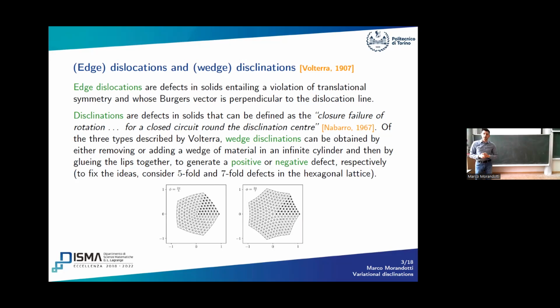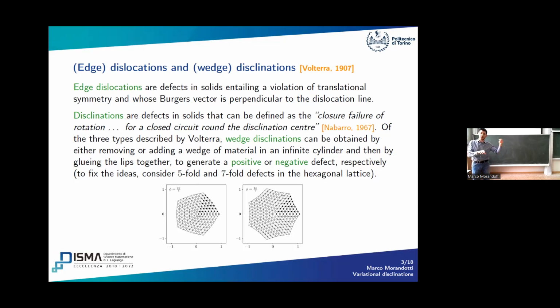So if you want me to stick to the stereotypical Italian, I think about pizza. So take a pizza, cut out one slice, and then subtract it from your material, and then force the material to glue back together. If the material is allowed to pop out in the third dimension, then you form like a little cone, and there is not much elastic energy stored in it. But if you force your material to stay in the plane, and this also is not just a matter of modeling, graphene behaves like this, and graphene can be cut in very, very thin sheets, then you store elastic energy in a way. This is generally called a positive disclination.